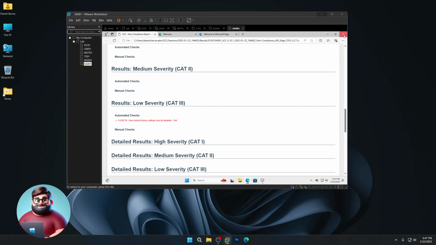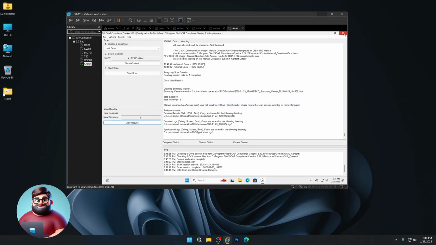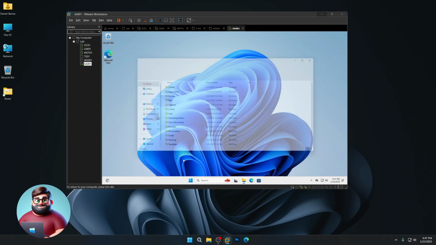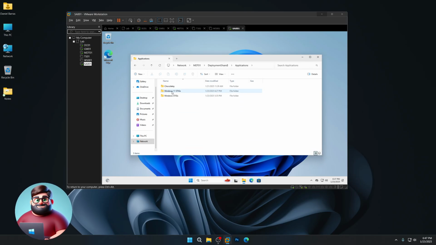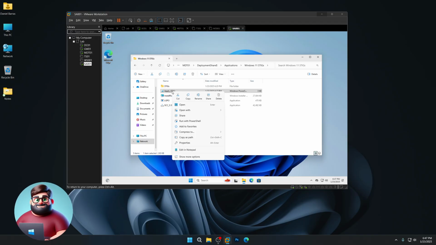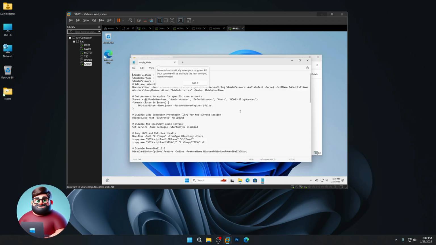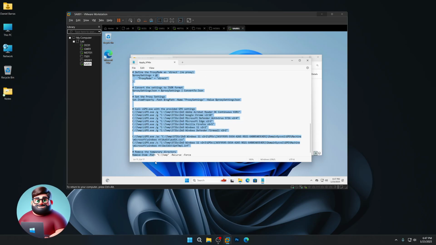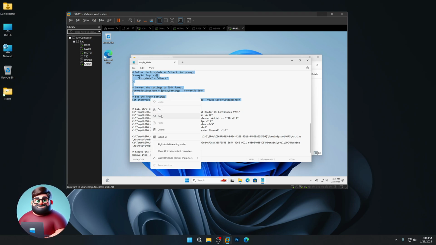So let's look at our file because we ran that. But what we can do is go to our deployment share. Okay. I'm going to go to applications, Windows 11 STIGs. Okay. And I'm going to look at apply STIGs, open with Notepad. Okay. And I'm going to go down here to where we had our proxy settings, right? And I'm going to copy, let's see, where would that go? Right to about there, where it says JSON file. Copy that,